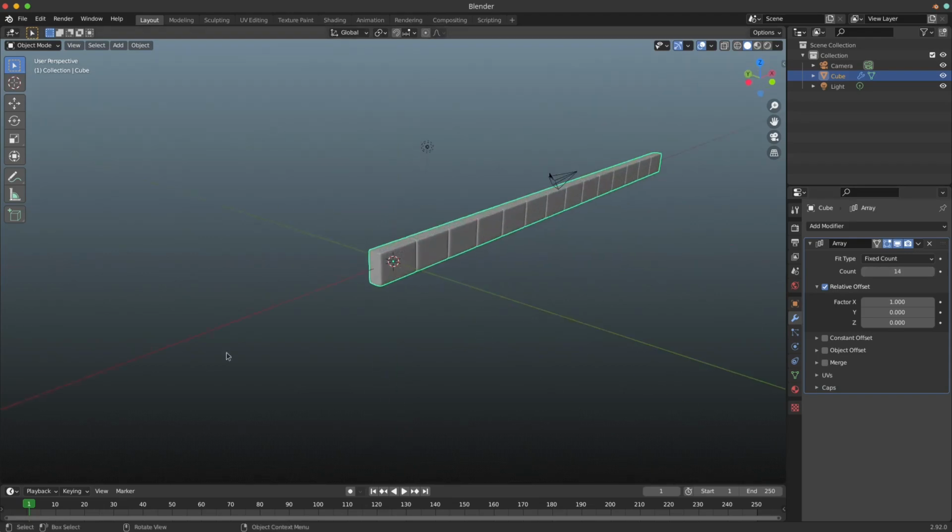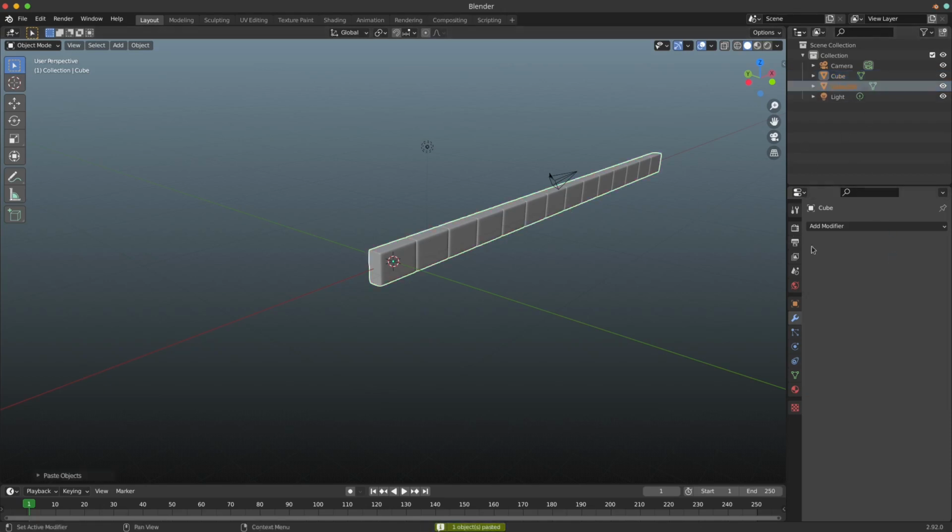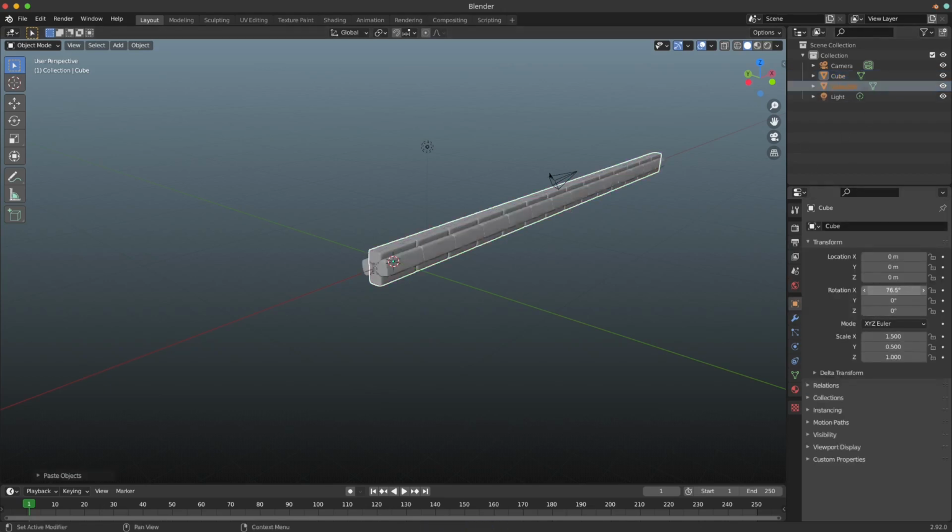After we've done that, we're going to apply the modifier, and now we're going to copy the wall. What we're going to do is not rotate it, but move it up and then offset it. So look, we've moved it up by 1,